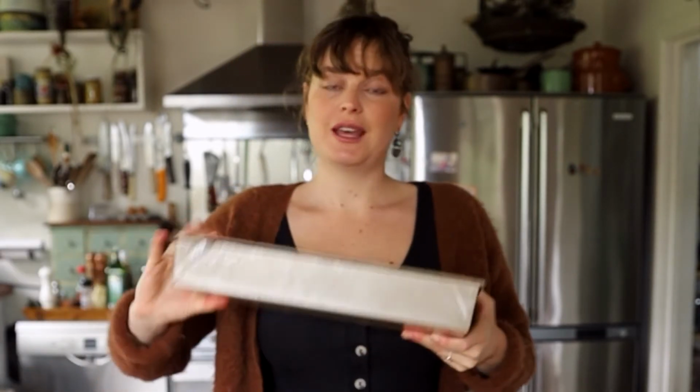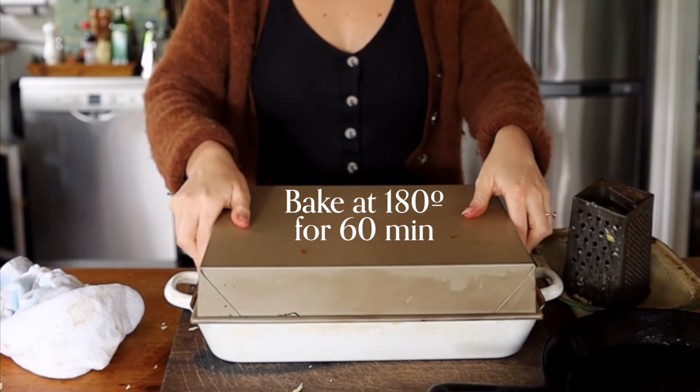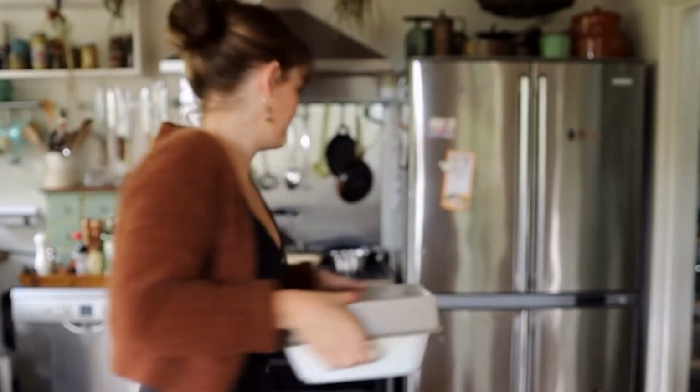Cover with tin foil, or for a slightly more sustainable option, another tray, and pop it in the oven. 'Cause baby, you're